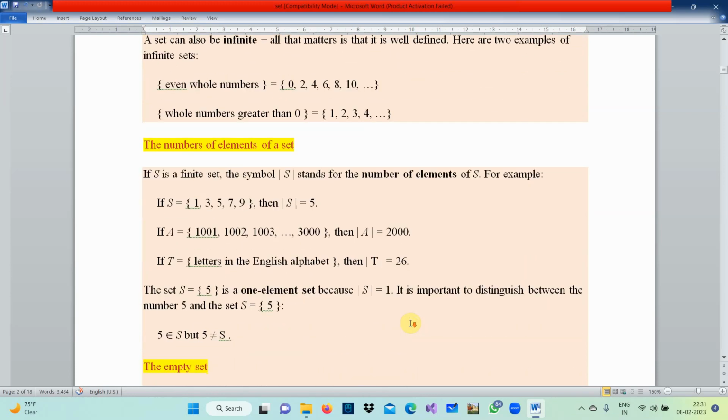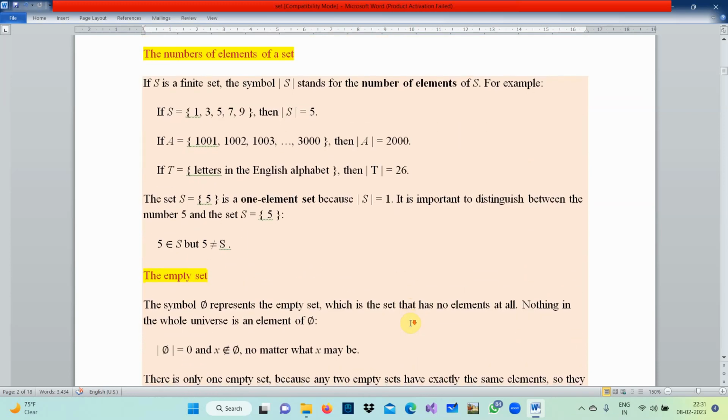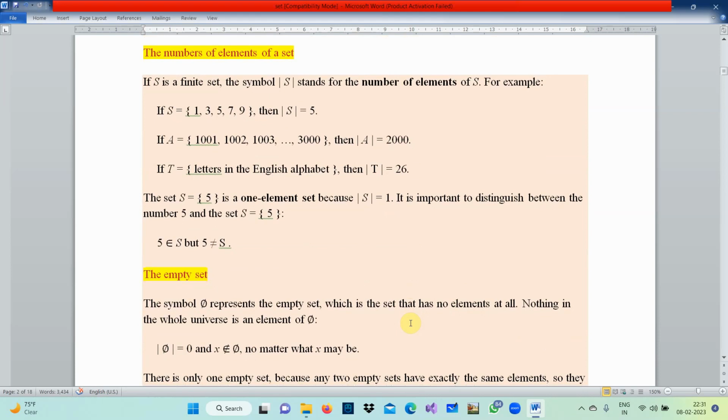So people who are preparing for this exam can practice, take some examples also, and by practicing they can remember. Now the number of elements of a set, how to find that? Suppose S is a set having some elements like 1, 3, 5, 7. If you count it, how many elements are there? How to write it? Just like you previously used mod, you write the number of elements of S, which is equal to the count.